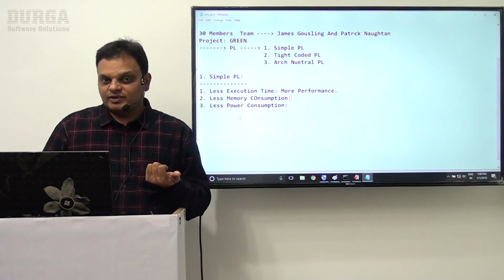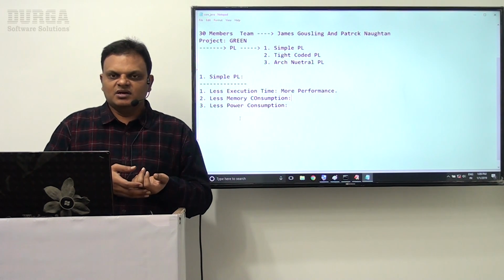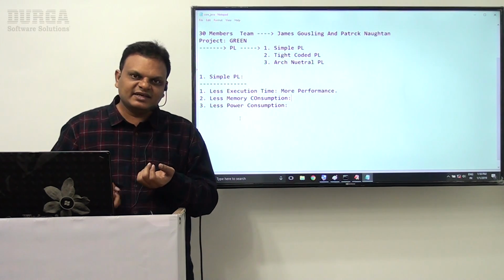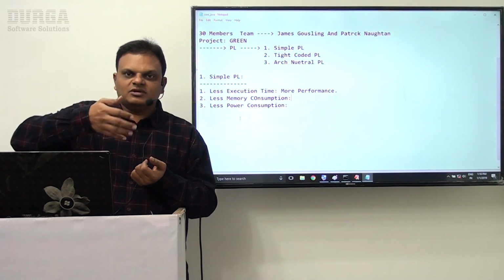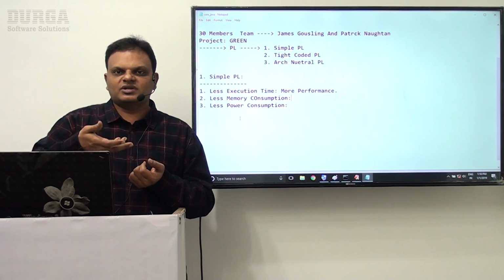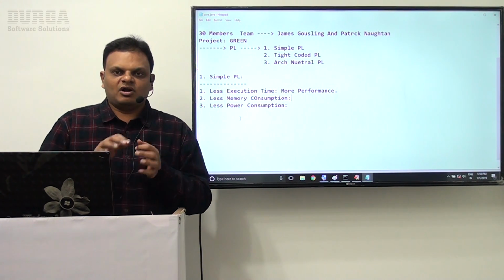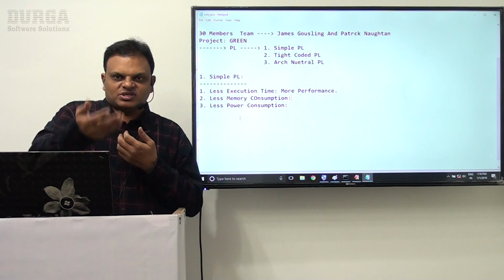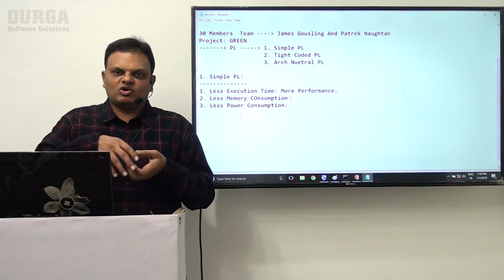Where is the problem here? My remote controller has taken a lot of time to change. It means that when I click on 7.2, a program is running internally inside this remote controller. That program's execution time might be more. When the execution time is increased, automatically a lot of time is taken to change the channel. It means its performance is down. The remote controller performance is not at all good.